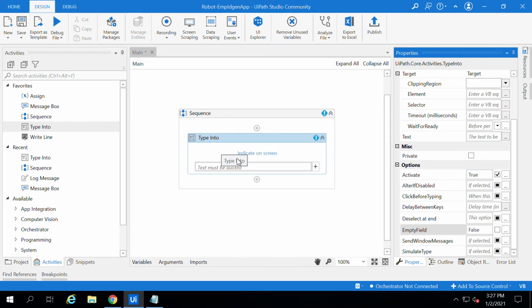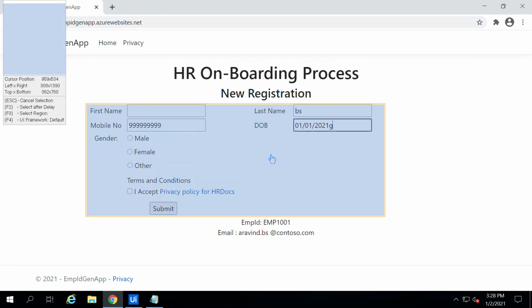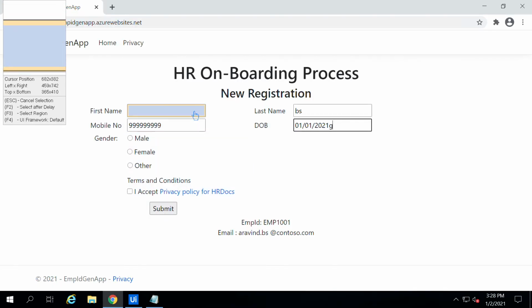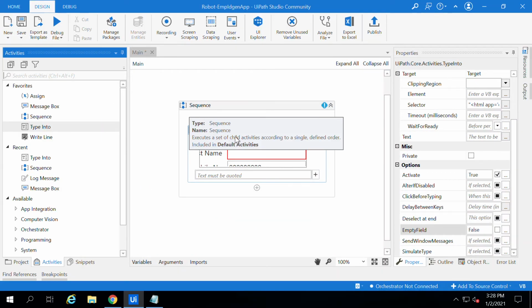It is expecting an input, so we have to specify which field it has to enter the data into. For that, you click on indicate on screen. What it does is take us to the screen, and we specify the field where we need to enter the data. So I select the first name.